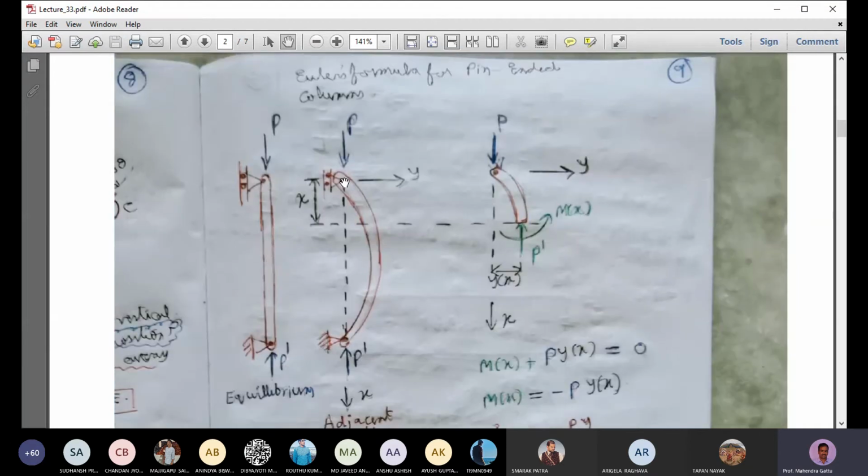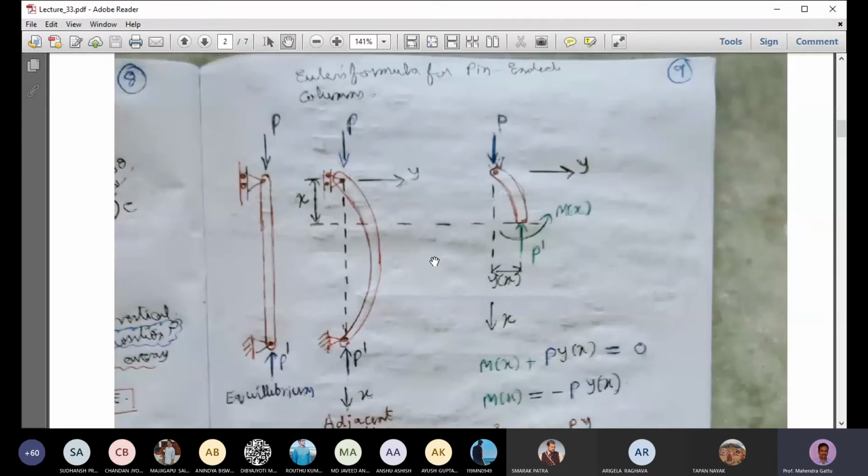So we want to analyze at what load the column will go into bending mode. Initially the load is 0, and as you keep increasing the load, the stress in the bar will increase. As you keep further increasing it, at a certain point the column will try to bend, and that bending is shown here. So we want to find the value of P at which the column will bend, going into the bending action. Instead of compressive mode, it will go into bending mode. So we want to find what is that P value where the bending will happen.